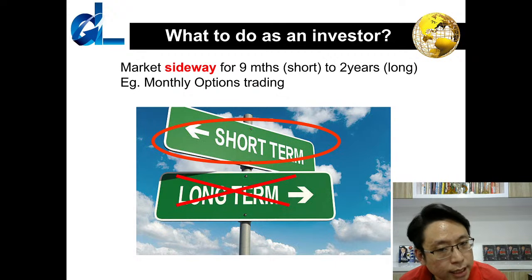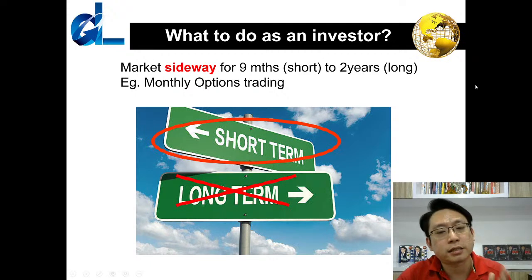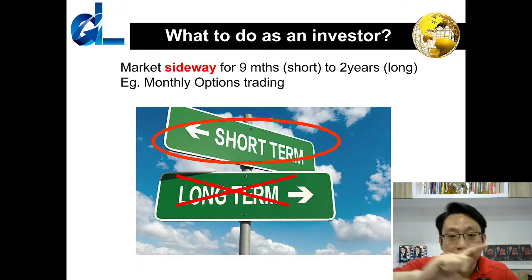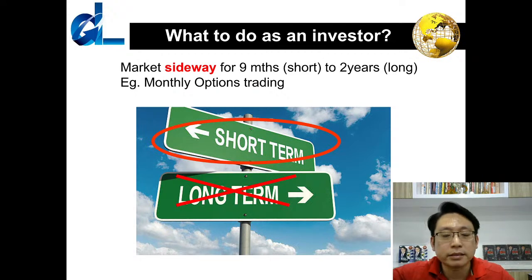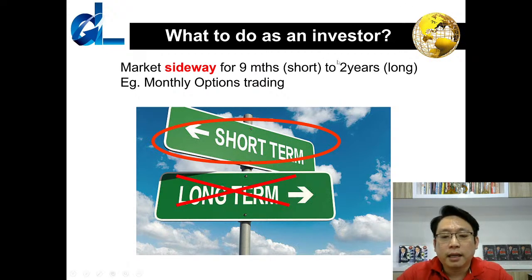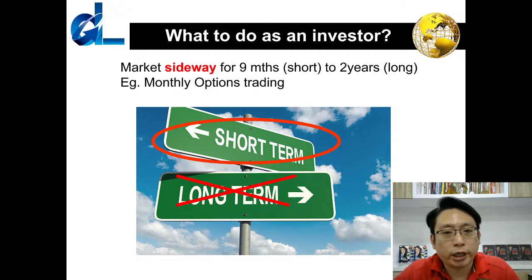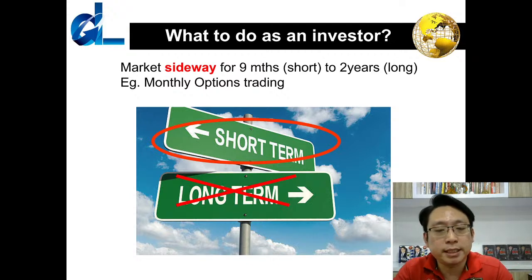The shortest sideways correction I've seen is 9 months, up to a period as long as 2 years. Mark my words, the stock market will be up and down in a cycle. So you need to know when is the right time to buy at the low point and when is the right time to sell at the top. If you want to know what investing strategy I will use in the next 1 year, especially in the second year of this bull market cycle,